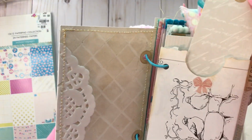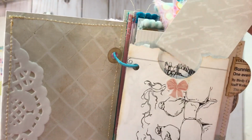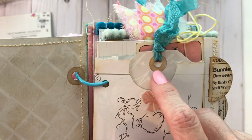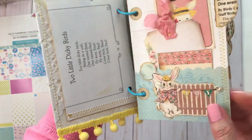Okay, and then in here, this is just a pocket that I made. So I did punch that little hole there with my punch, and then made some tags and used the reinforcers here on these two, and then used some scrunched seam binding ribbon. So that's the first pocket, and then this pocket here,